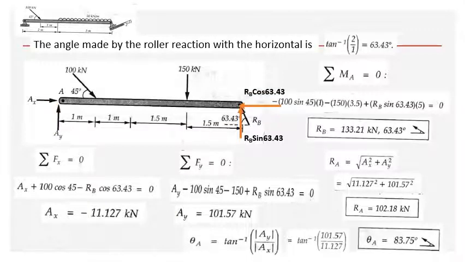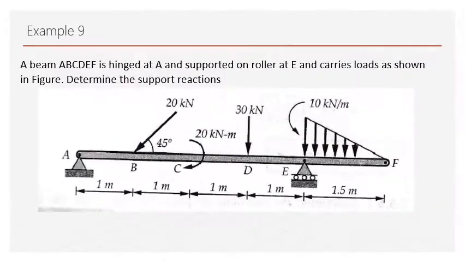So let's move on to the next problem. Yes, what's special in this problem? We have seen the UVL, we have seen the moment problem already solved. Then what is the difference in this problem? Before jumping into the answer, please observe the given diagram properly. So note down the important points, what we are seeing. Yes, the support A and the support E. Support E is a roller support, A is a hinged support, of course.